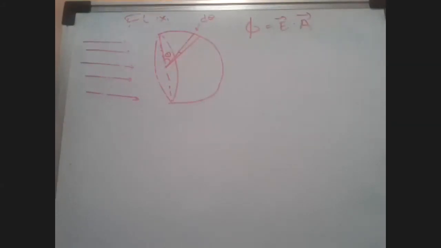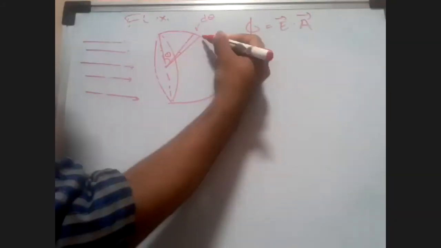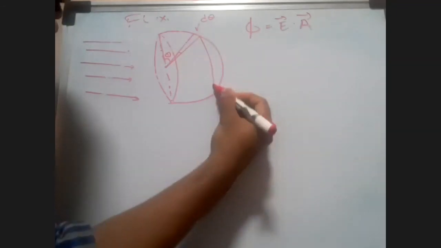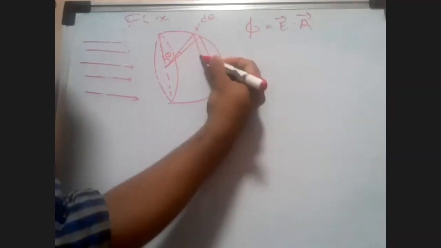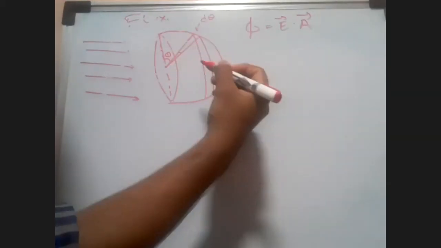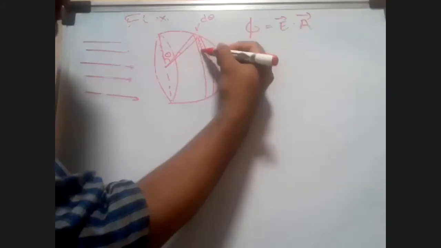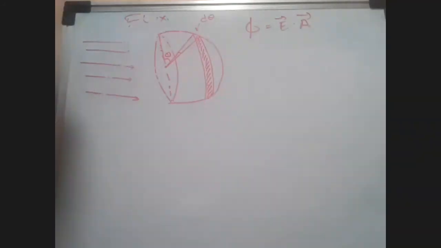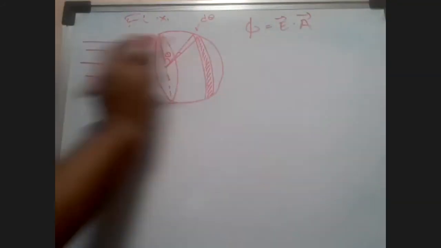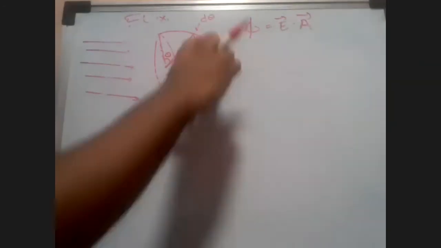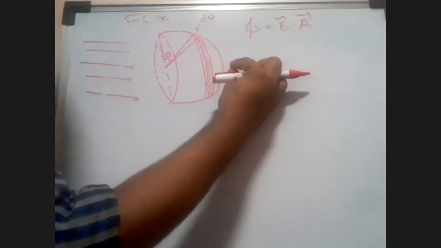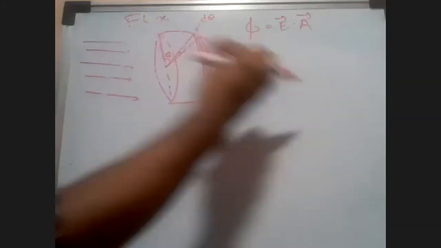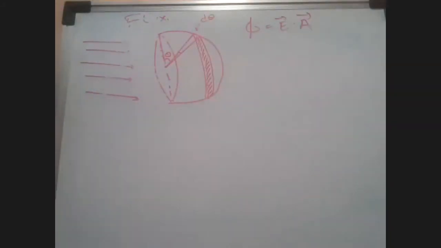And so this amount of d theta is going to make a certain area through this hemisphere. It's 3 dimensions, so it's going to be a ring. So if we want to find out the flux through the entire hemispherical surface, we have to integrate this ring from the smallest ring to the biggest ring. That way we can find the electric flux through the entire hemisphere. Those who know it, good, but those who don't know, look here.